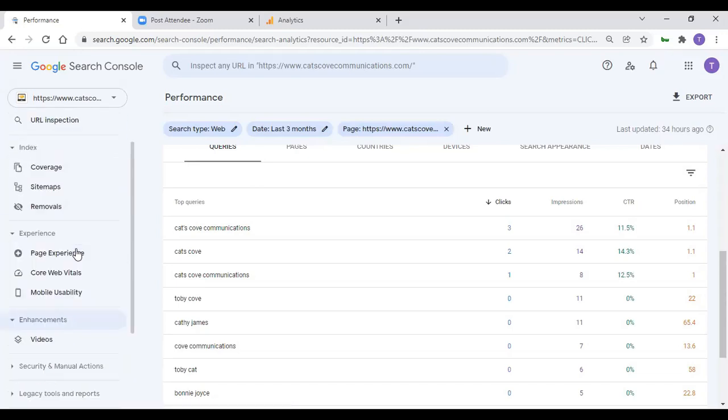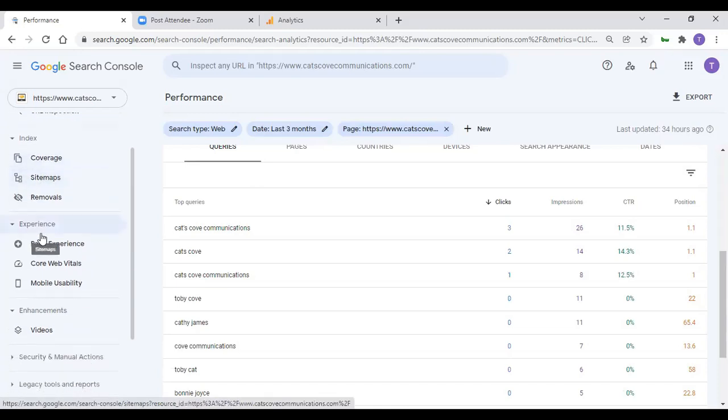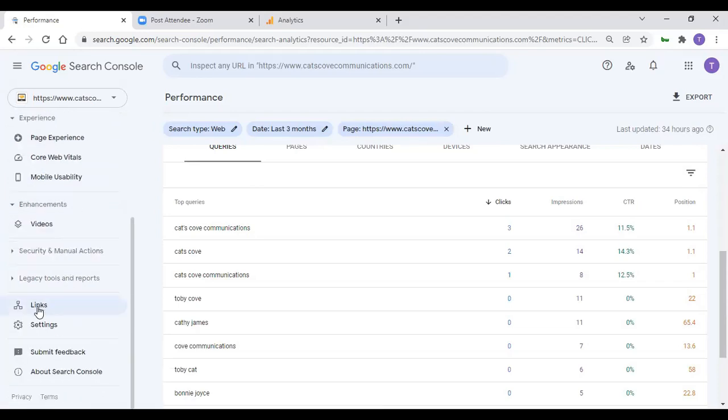Search Console, I'm going to scroll down here on the left-hand side. We're not going to worry too much about coverage and site maps and things like that. This is a great place to go and submit a site map for your website if you haven't done so. It's one of the ways to help Google crawl your site in a more efficient fashion. So I want you to think about that. There are some really useful things on the side, but what I want to show you here is this